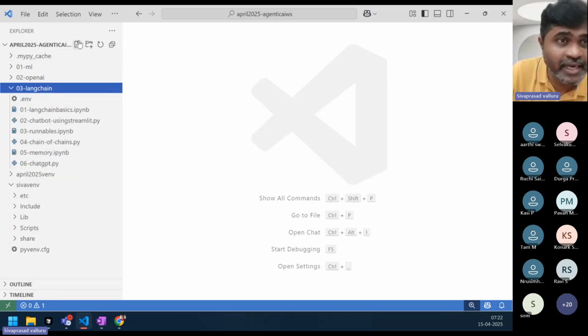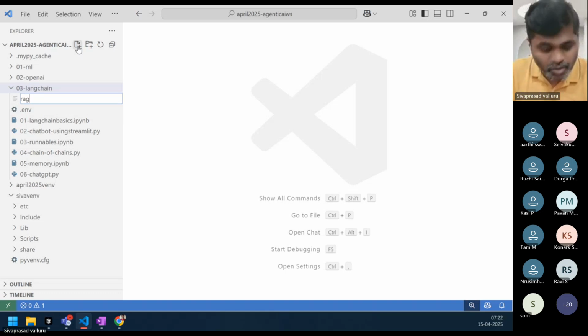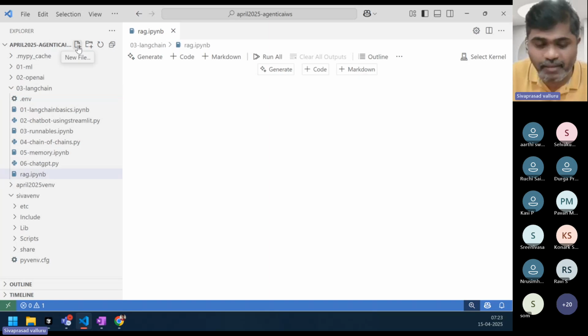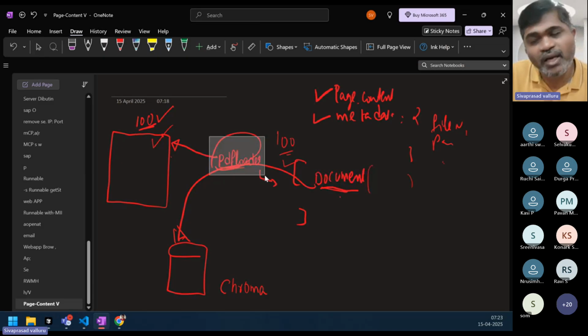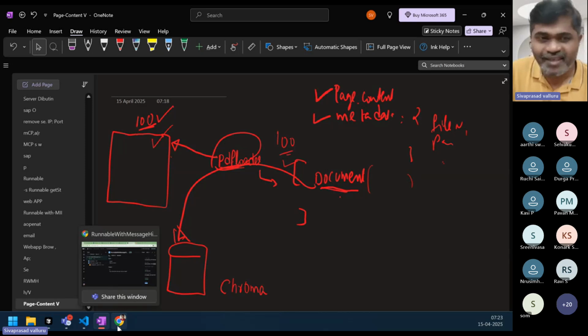Will it work for Excel, Word, or CSV files? Yeah, even for PDF or Word or anything. The only thing is here I said PyPDFLoader. You may have to use a different loader based on the document, whether it is CSV or Word or whatever. There are different loaders. I'll show you. Okay. Fine. Now,